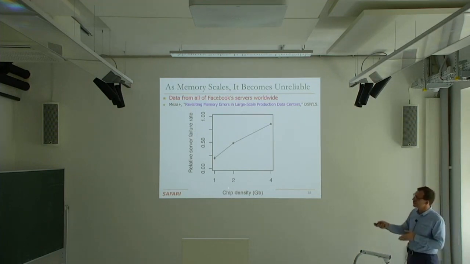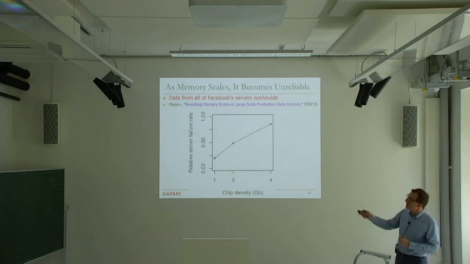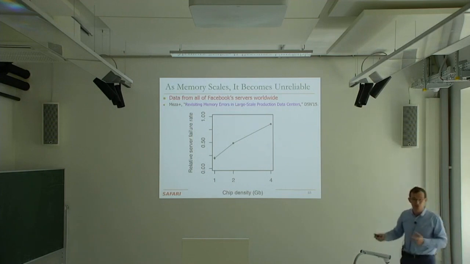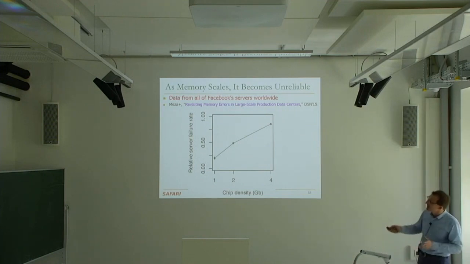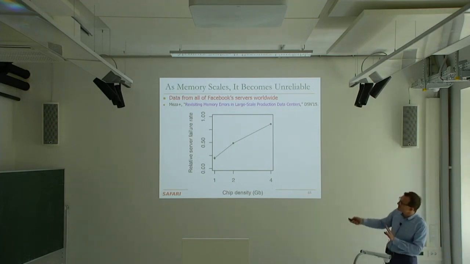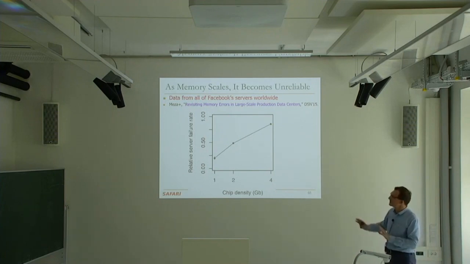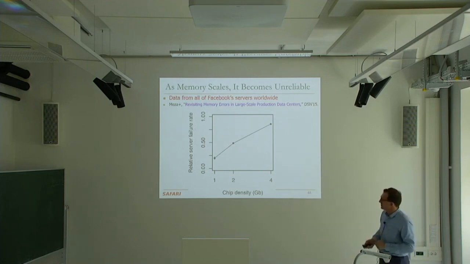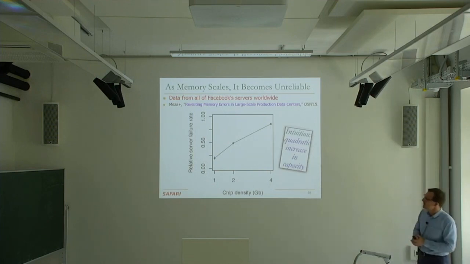Essentially, we found a strong correlation between the chip density employed in the server and the failure rate that you record in terms of the error rate. And again, if you really want to understand how this is computed, you need to look at the paper, because it's a normalized measure. Otherwise, you cannot compare different servers, clearly. Because the same server cannot be replaced with different memory while in production.